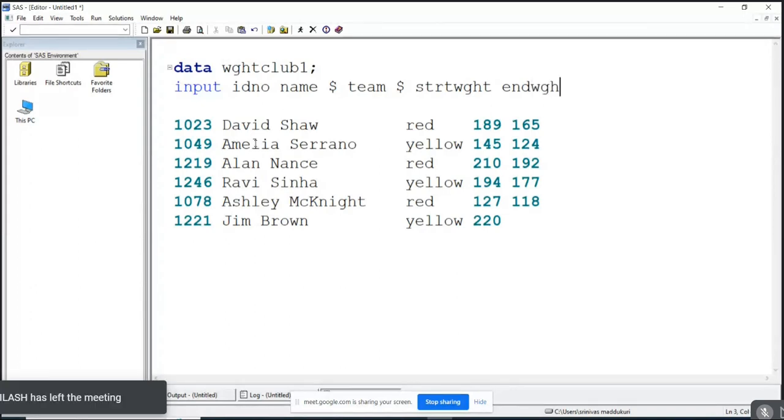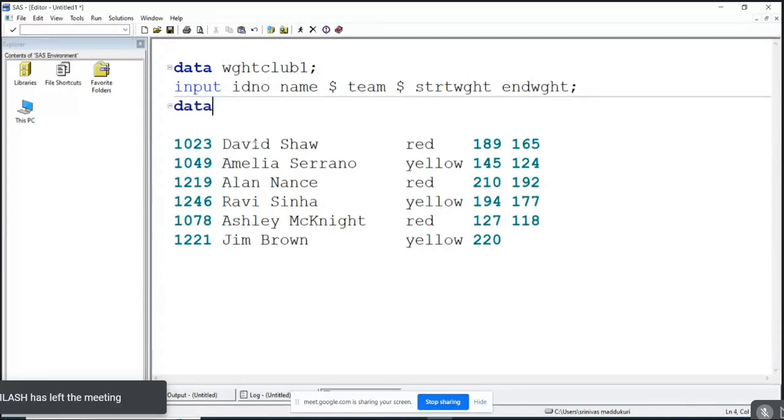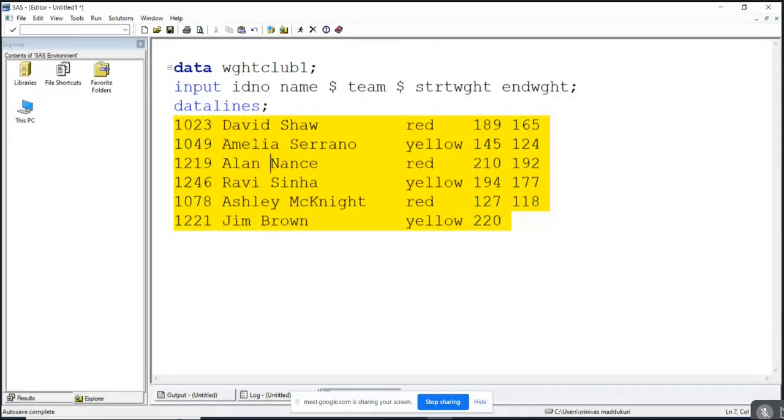Column input method. Second method, list input method. Formatted input method. You can use any method, right? But when I'm writing the input statement,